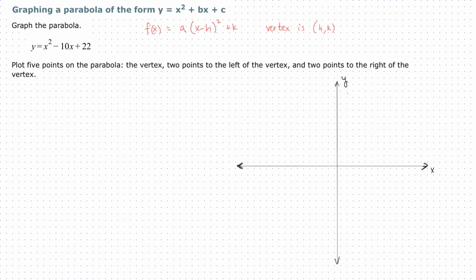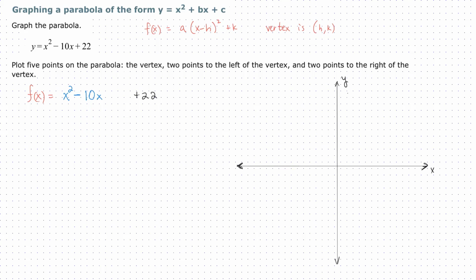The thing that we have to do here is actually complete the square. If we complete the square, we could make this look like its graphing form where we could identify the vertex. So why don't we do that? First, rename y to be f of x, which is now equal to, I'm going to focus on x squared minus 10x, and I'm going to leave a space there. We'll put a gap here. I'm going to put plus 22 here, but we're going to complete the square right here on the x squared